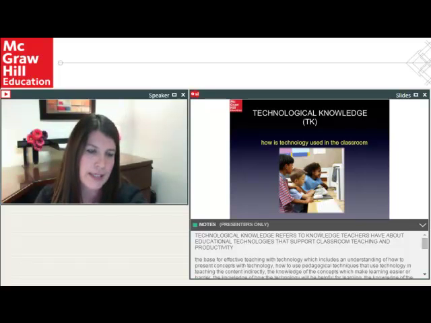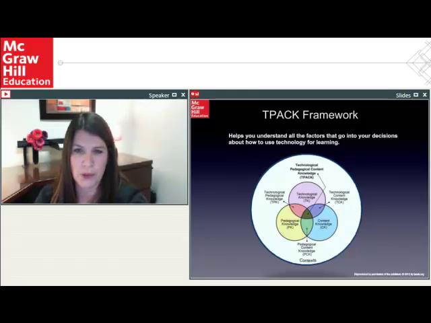So if I look at technology, I'm going to jump back to a slide here. If I look back at the TPACK model real quick, just as a frame of reference, what we talked about are these three big circles. And we talked about this middle circle right here being the pedagogical content knowledge. Well, there are two other overlapping pieces that have just started to be explored. It's how does technology work with content knowledge, and how does technology work with pedagogical knowledge.